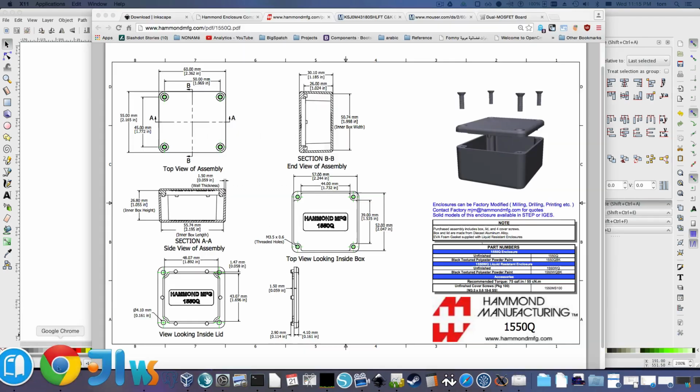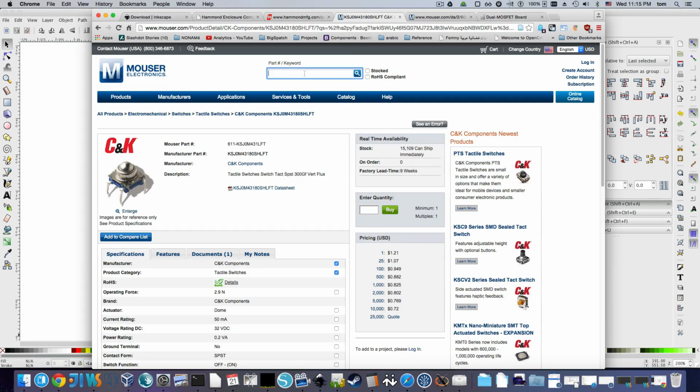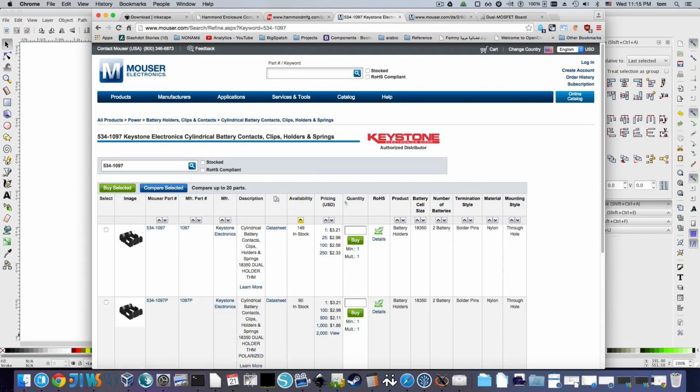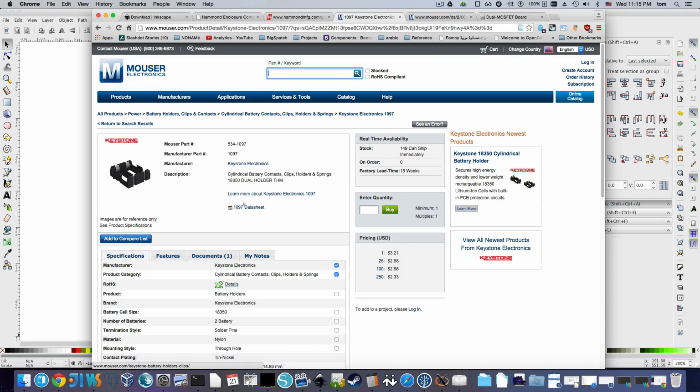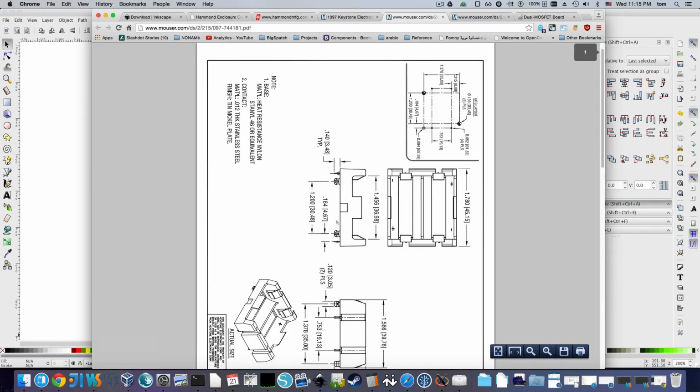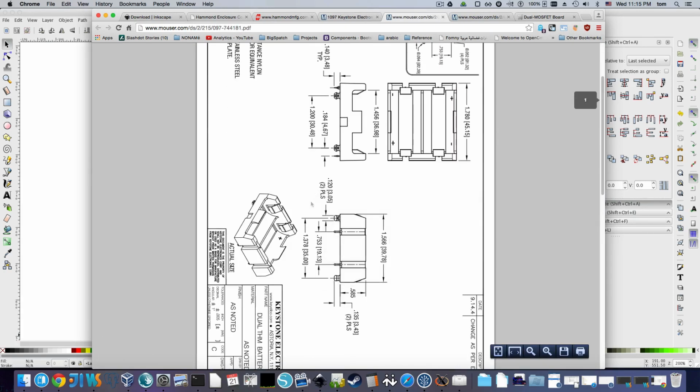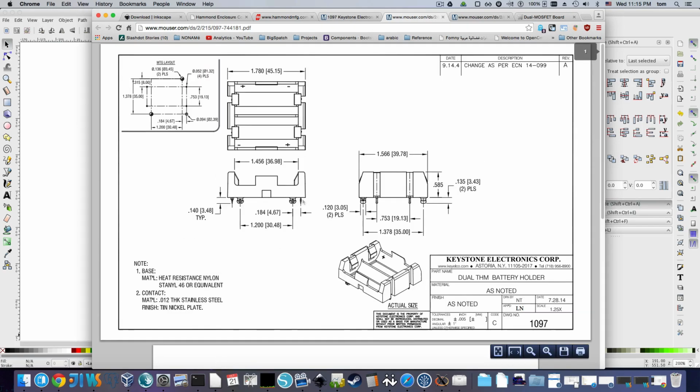So here's another important thing to consider when you're doing this, is what are the major parts you're going to be trying to fit into these. So here is the 18350 battery sled that I'm going to put in this. And let's see here. Let's rotate that so we can see it. This battery sled for this box is kind of big. It's kind of comical how all of this ends up getting jammed in there. But if you look here,